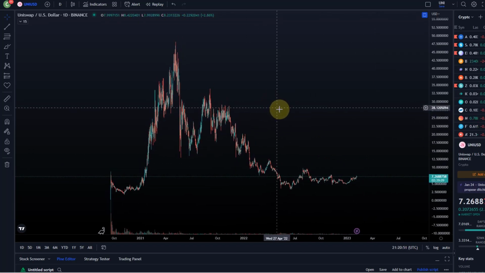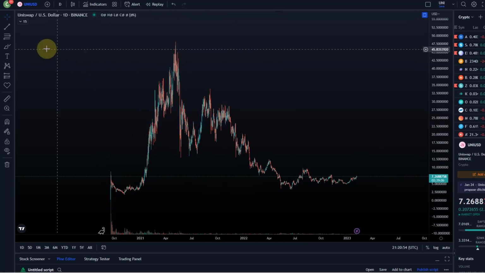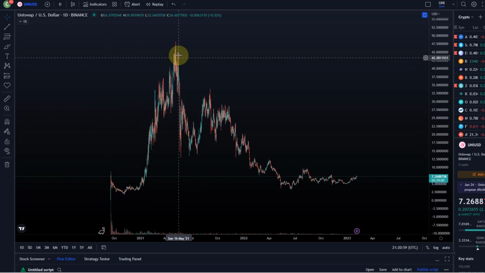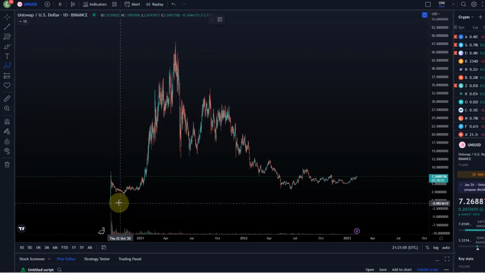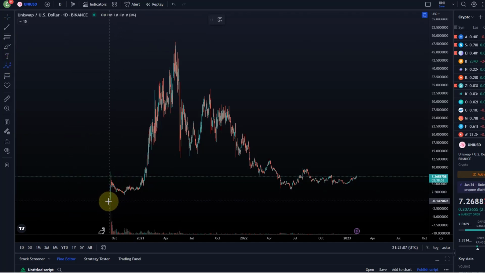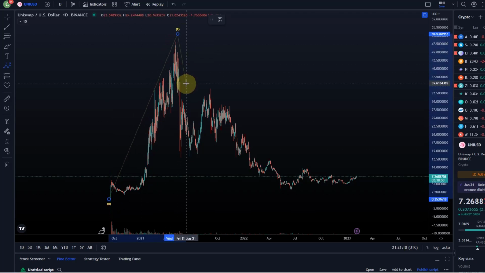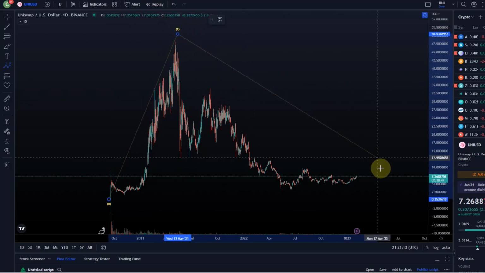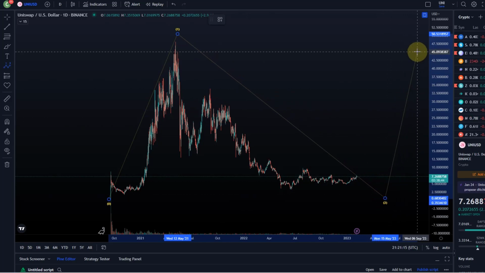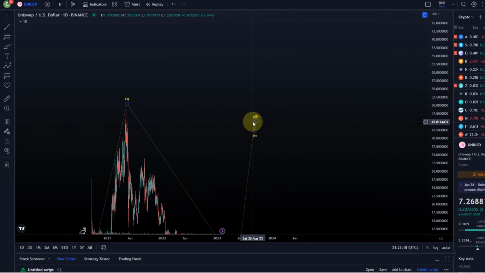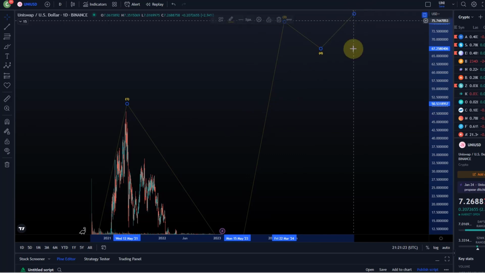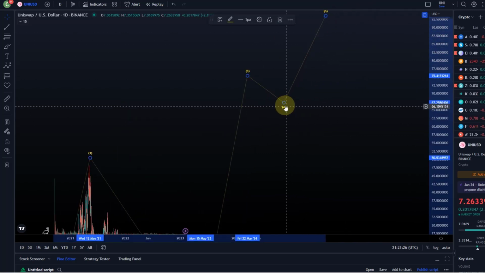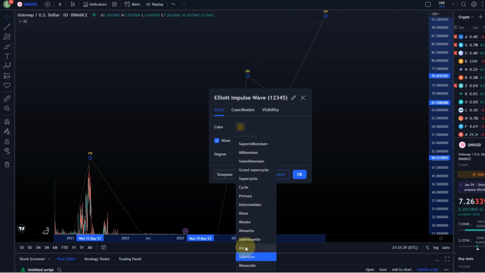But the overall chart doesn't look too bad. It's still a fairly young chart, but it doesn't look too bad. I'm looking at this rally into April, May 21 as a wave 1. That also looks very, very impulsive in the subwaves. If this is a wave 1, I'm going to show you the subwaves in a minute, then I would assume we are currently in a wave 2 correction, like many altcoins. Eventually we would hopefully reach a wave 3 in the next bull run, a 4 and a 5. But I will have to change the wave degree here of that 5-wave structure.